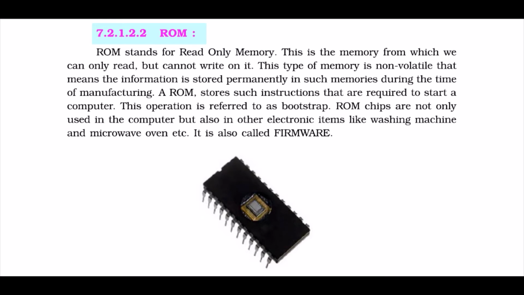In our previous class we have studied that memory is volatile. Whenever you switch off the power, the work or the data is lost. But in ROM, read-only memory, data is permanent and you cannot write the data on it. So what is the basic purpose if you cannot write to the memory? ROM stores such instructions that are required at the start of the computer. Whenever you buy a new computer, this memory stores the basic information: what operating software you can install, what other applications you can install on the hardware.